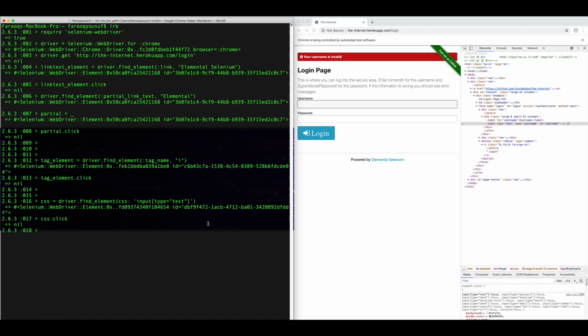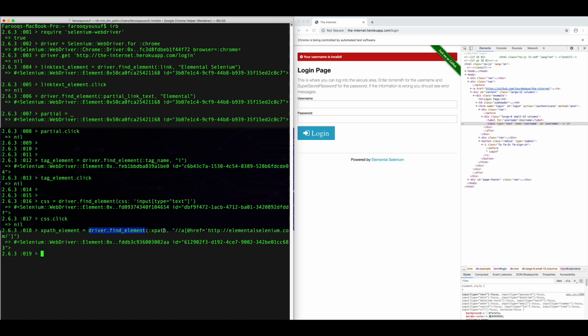So what we're going to do is use XPath to click on the Elemental Selenium link in the footer. Okay, so we're going to do something like this. All right, so what we did here was, again, we made an XPath underscore element variable, called our driver, the method findElement, and then we said, okay, we want to use XPath this time. Again, with it inside the parentheses, XPath. And then within the quotes, we do double forward slash, and then we call the A tag,